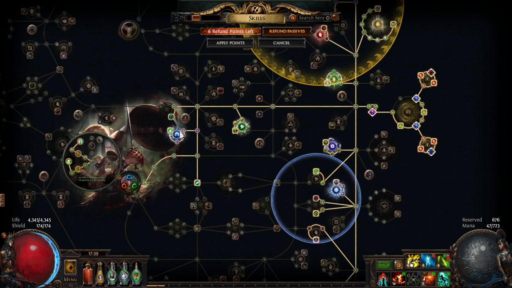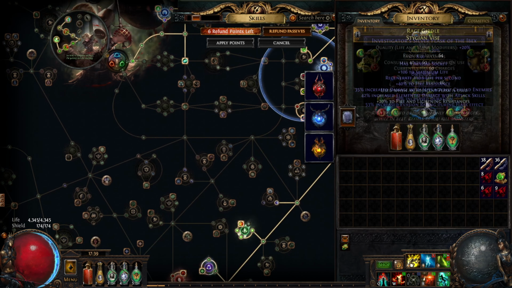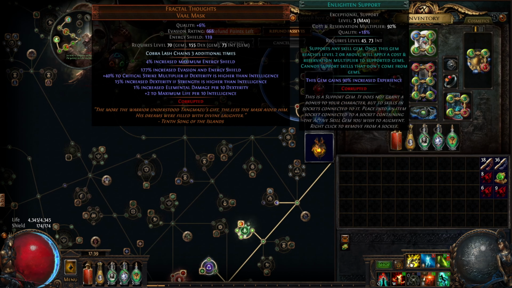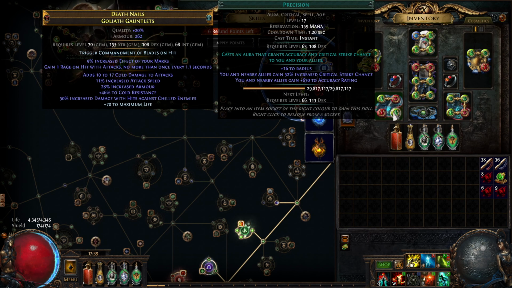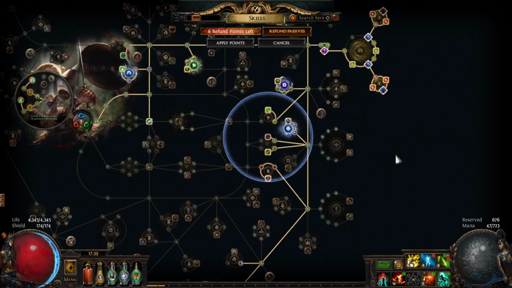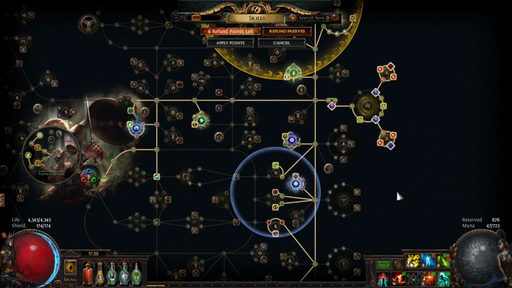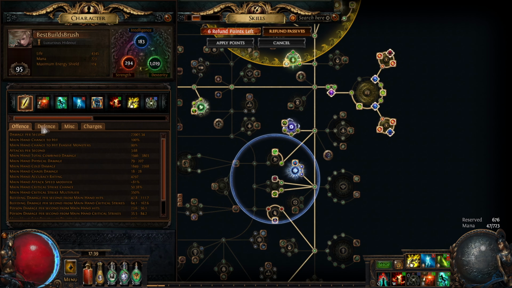Now, I talked about the mana reservation. The reason why we have to have Grace and the Reservation Mastery here as well is also because we're using Enlighten, Herald of Ice, Grace, and Hatred, but we're using Precision level 17. So a really big thing with that is that you can keep it at maybe 16 or 15, but you want to make sure that you have enough